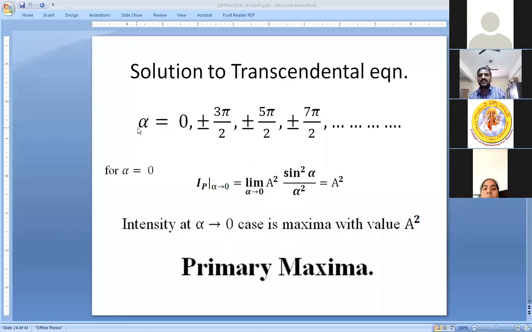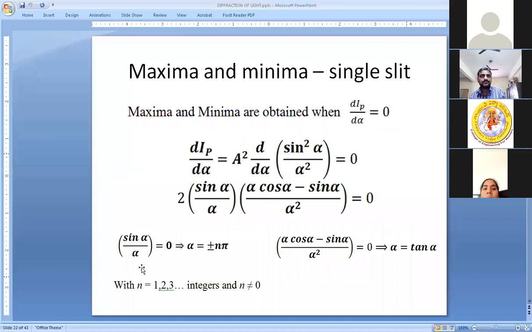The first condition, alpha equal to n pi. Alpha equal to n pi was one condition. Another condition is alpha equal to 0, 3 pi by 2, 5 pi by 2, 7 pi by 2. All these odd multiples are another condition. You may ask, n pi, suddenly how come this 0 came? Of course, in that n pi, if you take n equal to 0, that also gives you the same 0. What I mean is, if you go back to the previous slide, let me go back. Please pay attention here. Sin